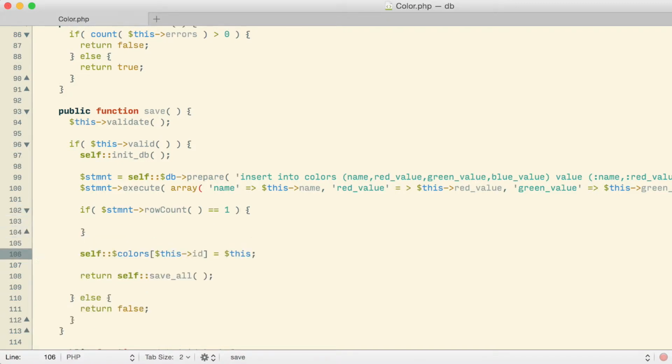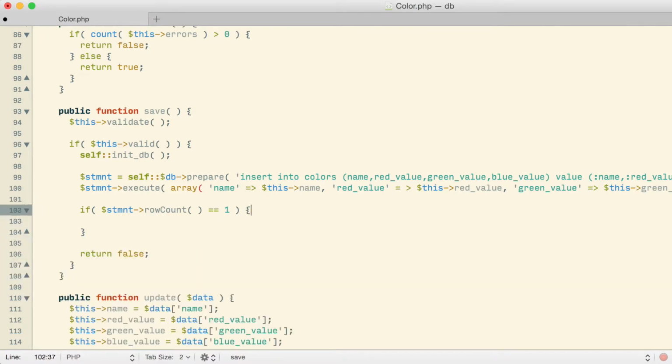Let me go ahead and get rid of these couple statements here, which I don't believe we need. Here we are. Let's work from there. So if row count equals 1, that means the color was successfully saved. If the color has been successfully saved, then what I want to do is get into my color object itself the ID for this object that's being saved.